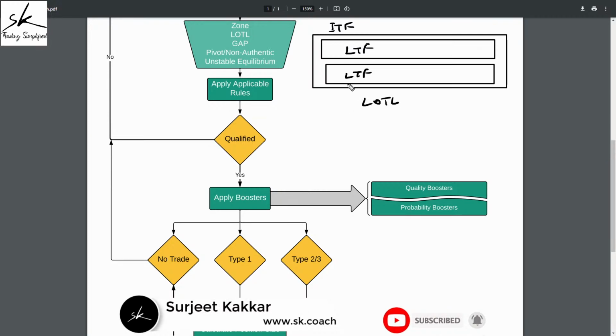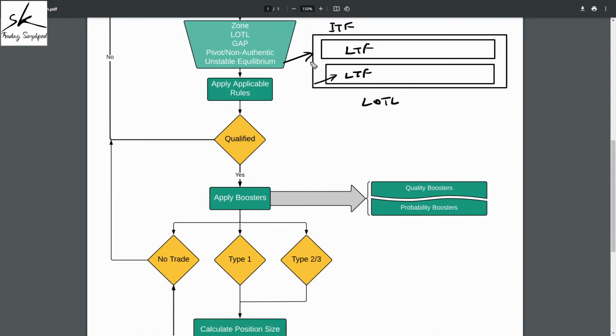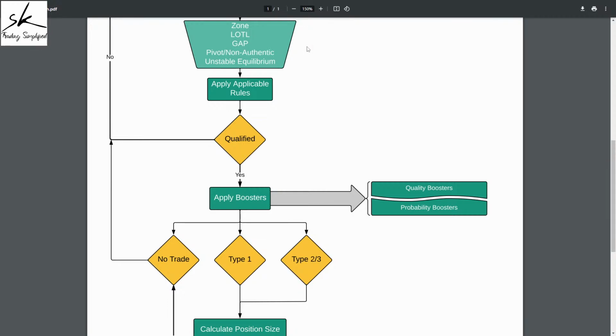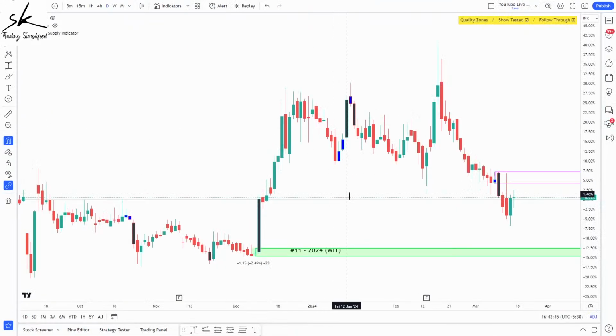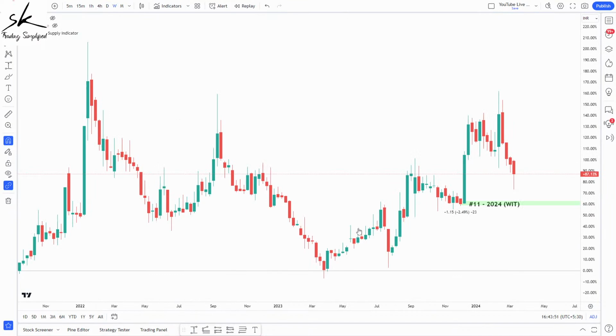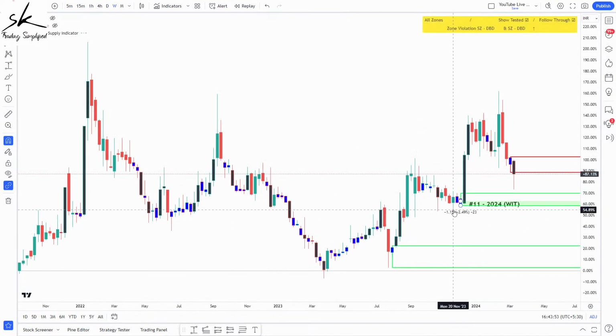So the first thing we understand here is that to be a case of level on top of level, my lower time frame zone has to be inside the intermediate, which we call a coinciding level. So if you have a coinciding level, it might be a case of level on top of level, but if you don't have a coinciding level, it cannot be a case of level on top of level. So if you want to check it, we'll draw our zone on the lower time frame, go to the intermediate, and on the intermediate you can definitely see we do have a structure which is a